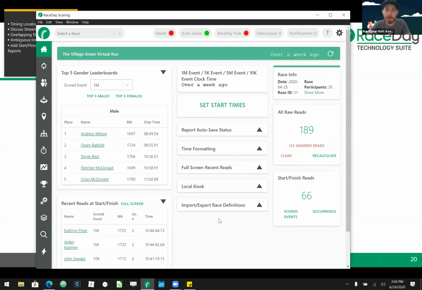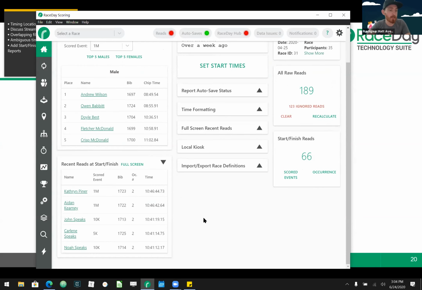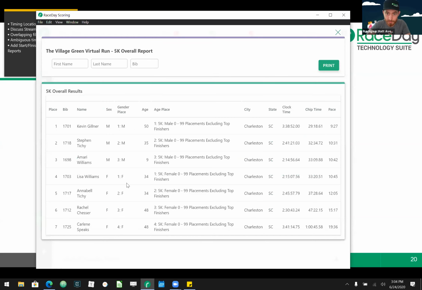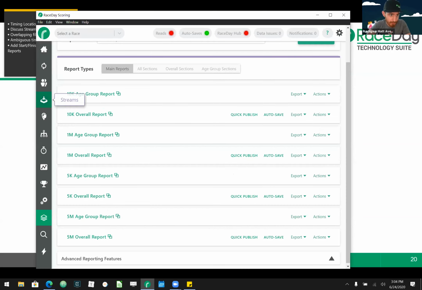The last thing I wanted to show you in RaceDay Scoring was a feature that we added a little bit ago, but is not too well used. Let me see if I have. Yeah, so here's our 5K results. This may not be really accurate. I think, oh no, yeah, the chip time is there. So there's a few things I could show. The first one being,